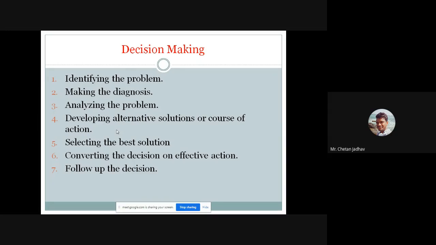Next, selecting the best solution. Throughout all the groups, whatever different groups of problems we have created before,